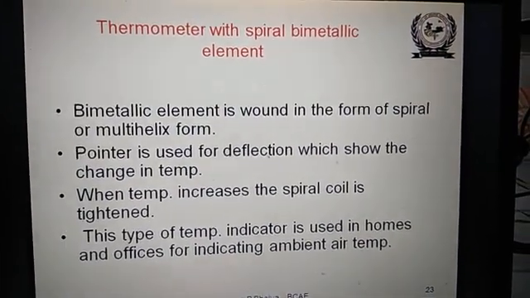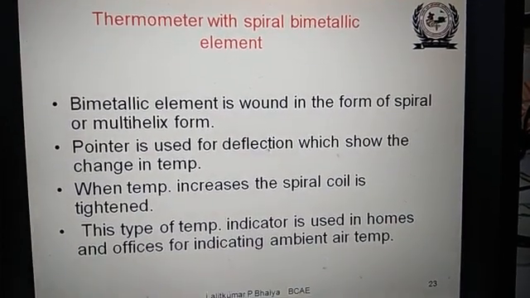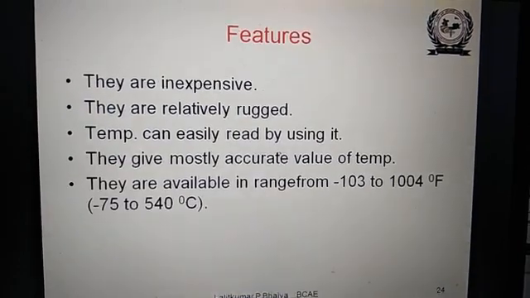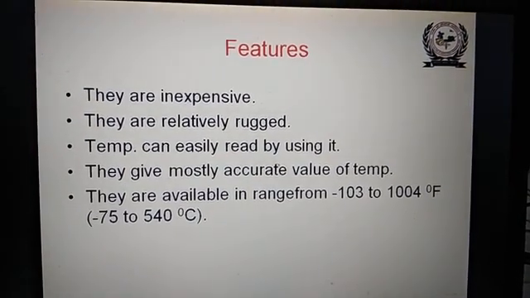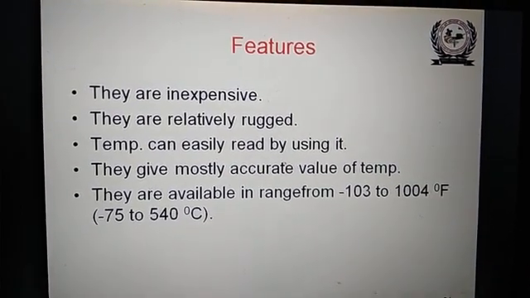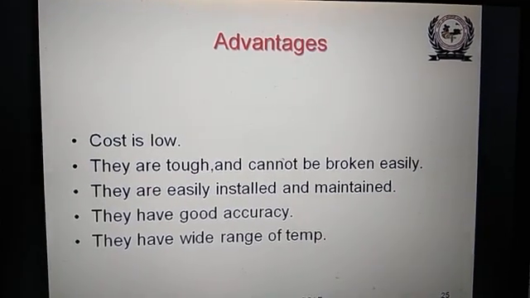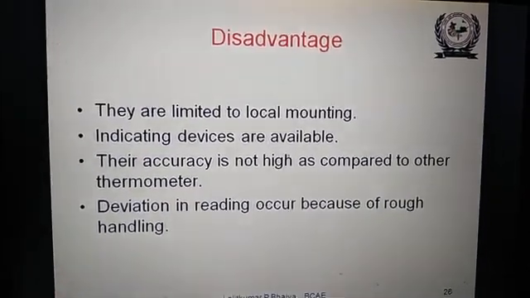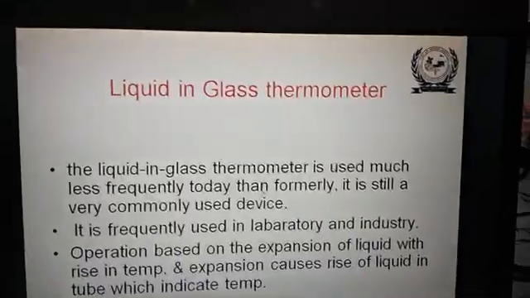We have seen thermometer with spiral bimetallic element is also there, and using this we can get the measurement of temperature. These features of bimetallic strip and spiral bimetallic strip, advantages we have seen, disadvantages we have seen. Now